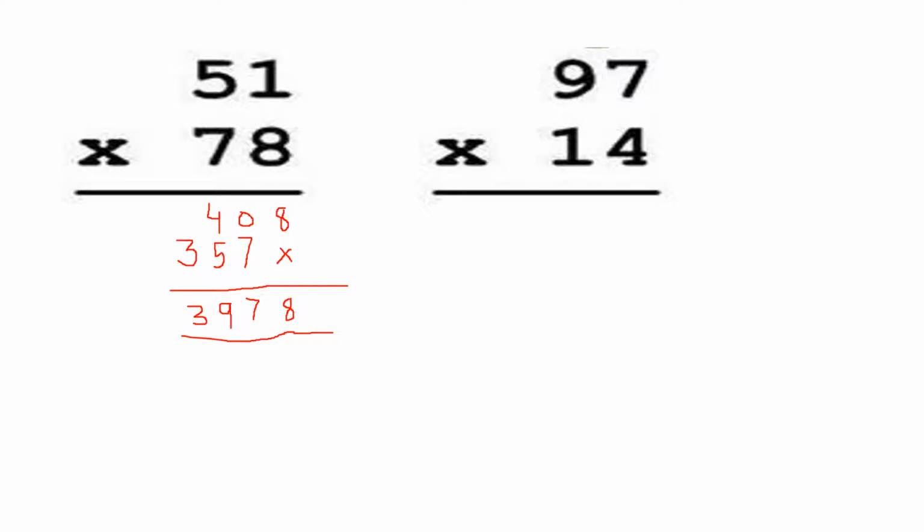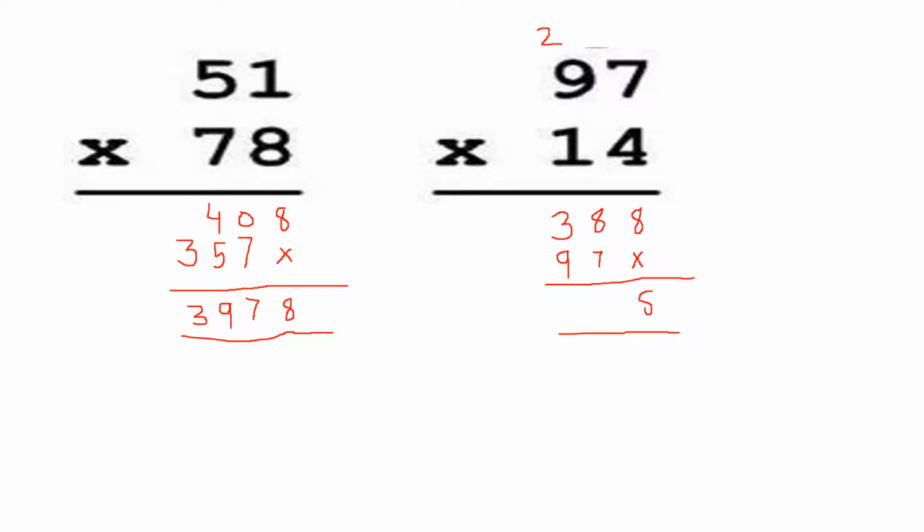Now children, see the next question. 97 multiplied by 14. First you start multiplying 97 with 4. Then you will multiply 97 with 1. Now 4 sevens are 28. 8 you will write here and 2 carry. Now 4 nines are 36 plus 2 is 38. Then, children, you will multiply 97 with 1. Put a cross at ones place because you are multiplying the number from the tens place. Now 97 ones will be 97. So directly you can write it from here, 7 and then 9.